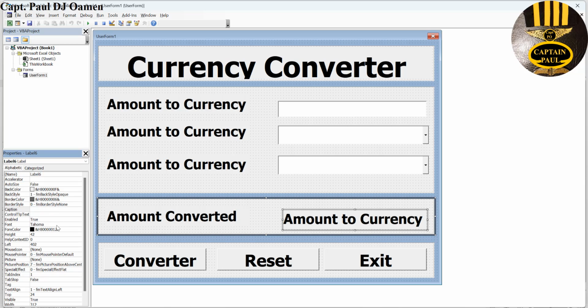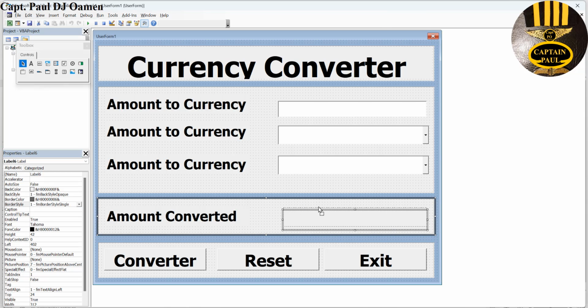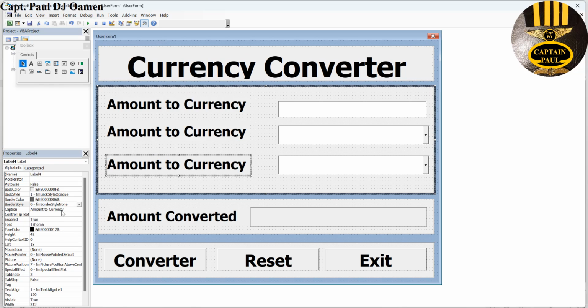But let's add a border to it so that you guys can see. Go straight to the border. You see the border style instead of none. So let's change the style to single. Brilliant. Okay, and drag it that much. Now this one here, we're going to call that